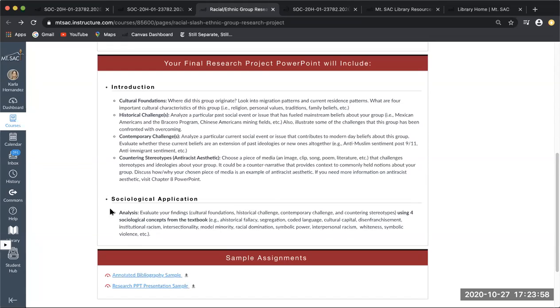So for your analysis, you're going to evaluate your findings, what you found for cultural foundations, what you found for the historical challenge. You're going to sociologically explain or sociologically analyze what you found. You have to use 4 sociological concepts from the textbook.